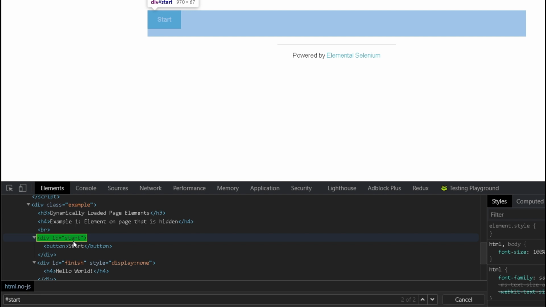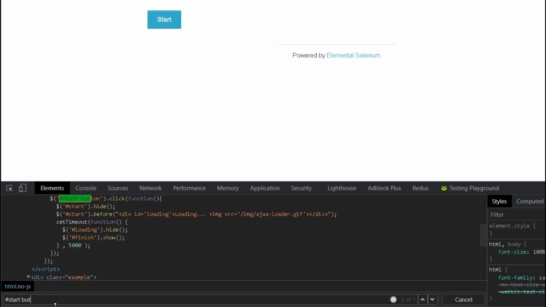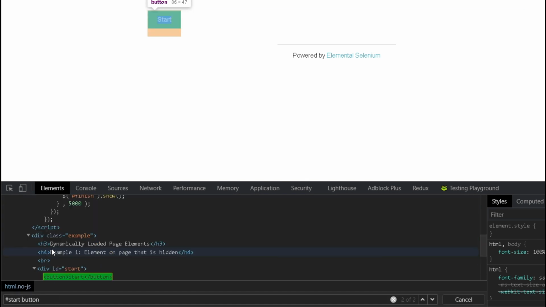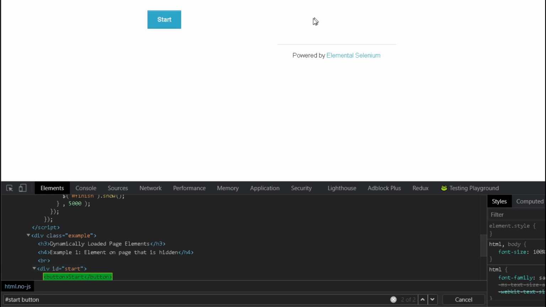Instead, I just wanted to highlight this start button. What I need to do is pass in start and then also put in button in front. I will do button. Because if I don't do that, what it's actually trying to do is click somewhere in the middle over here. And obviously when it's trying to do that, nothing is happening. So I need to fix that. I need to make sure that it only clicks this button right here. Let me go back there and fix my test.